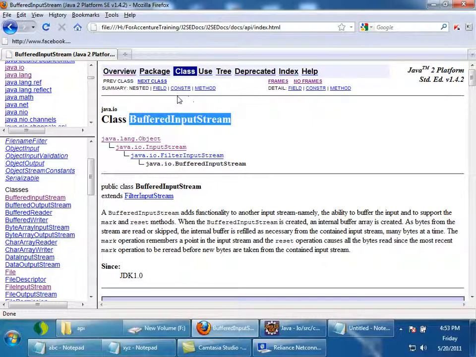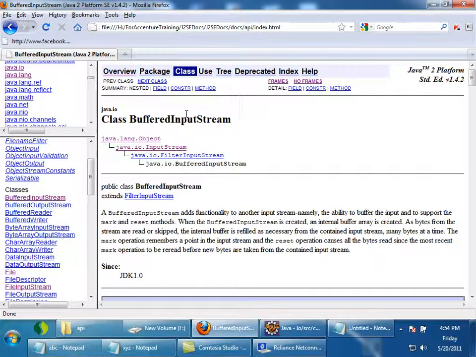Inside BufferedInputStream there is a private variable. What is the private variable type? Byte array. The length of the byte array is 8 KB.